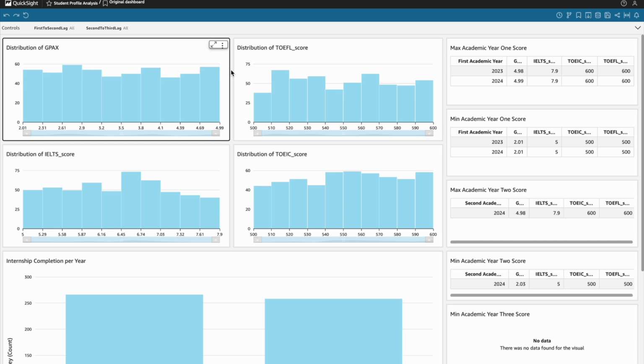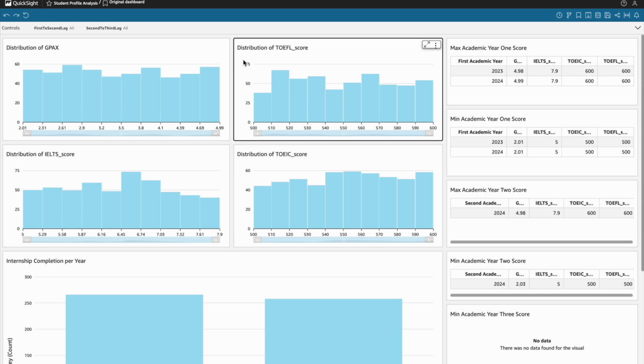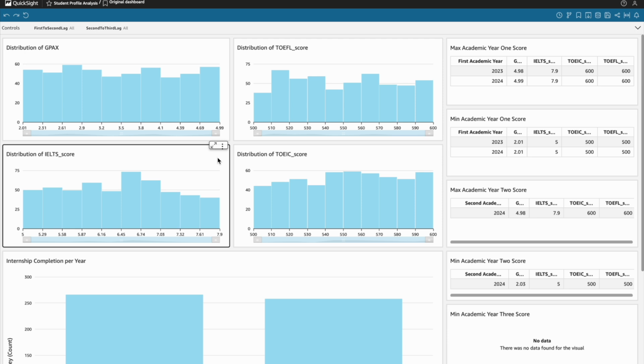which is 4.69 to 5. Let's move on to the English proficiency scores, and we have the TOEFL score here, which ranges between 500 to 600. You can see that the peak is at around 510 and 520, and there is some clustering at 560 to 570. Moving on to the IELTS score distribution, we have a range between 5 to 8, and